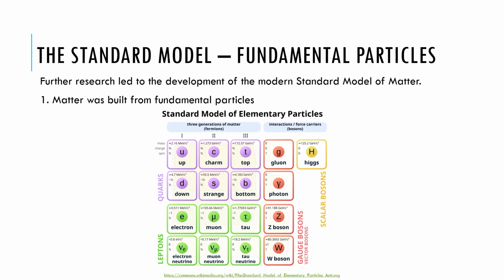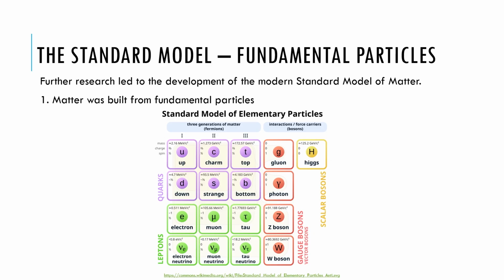Within the Standard Model, there are lots of new terms to learn, and I'm going to be introducing quite a few of them along the way, but they will be summarized at the end, and I've got a nice table of definitions for you to be able to reference as well. So let's start with the quarks. In this diagram, they're colored in purple, and the quarks are the building blocks which make composite particles. So things like protons and neutrons, or particles which are similar to them.